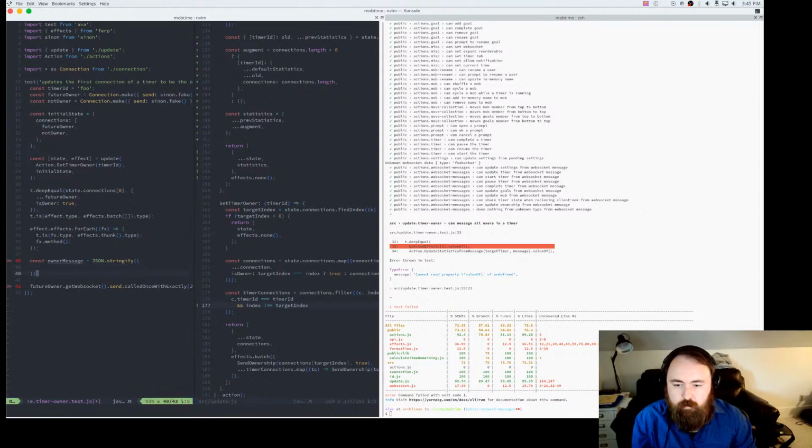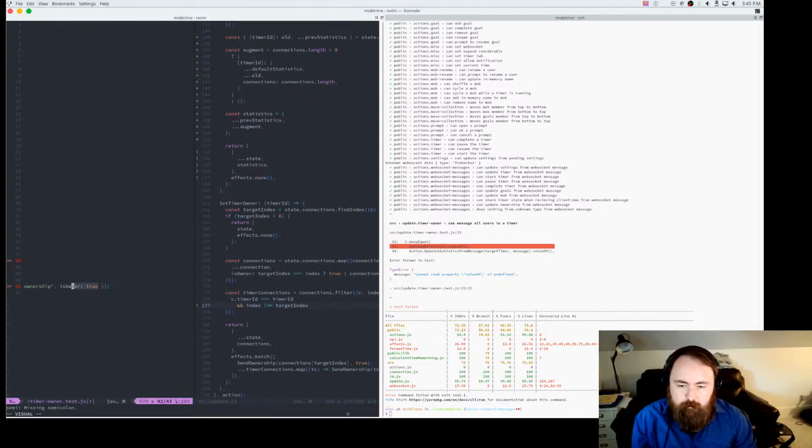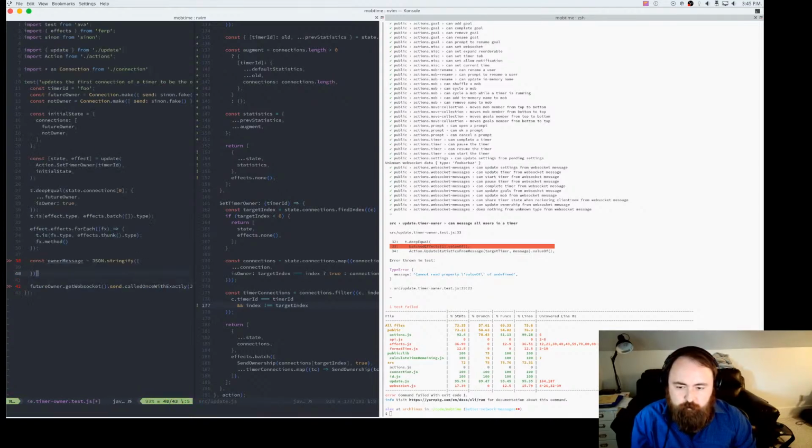Jeez. Alright, so we know what the owner message looks like, and we know what the not owner message looks like. Nice and easy, I hope.